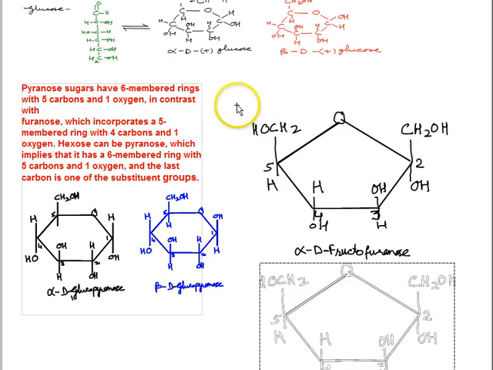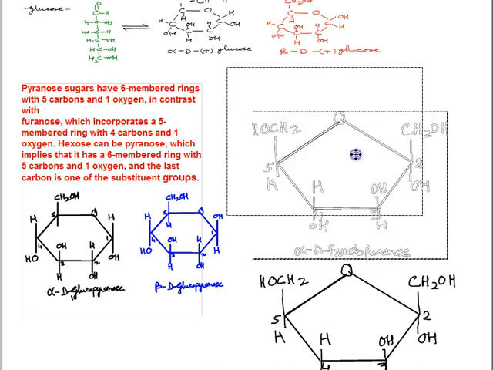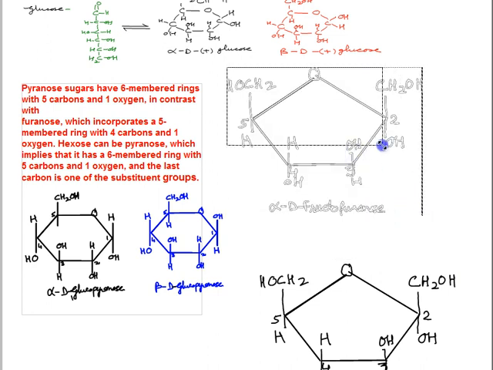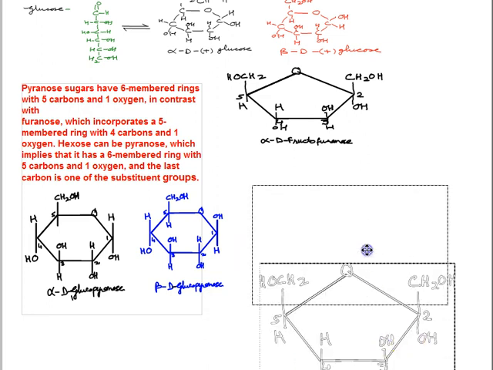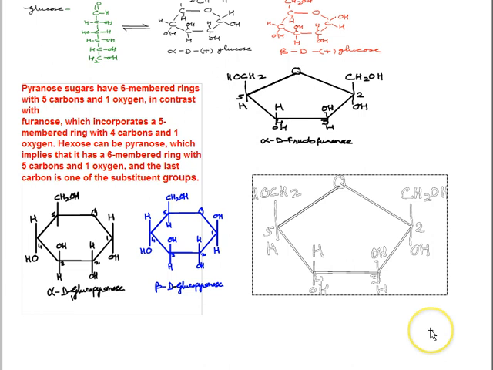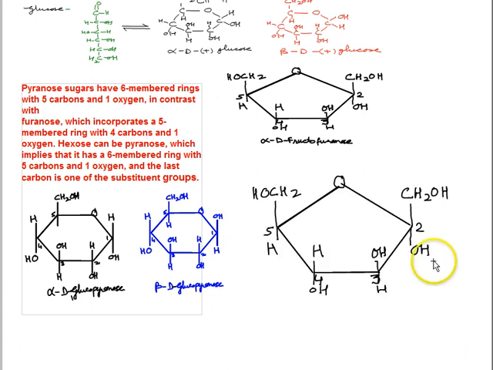So to write this second form, I just slightly squeeze it for more clarity. So this is your alpha D fructofuranose. The same spine we are going to use to make our beta D fructofuranose molecule. If you see here, I just remove this CH2OH from here, that's carbon number 1. We shift it this side and we take OH there, and this comes down below here, right? So this becomes beta D fructofuranose.